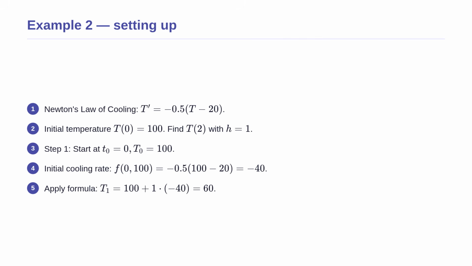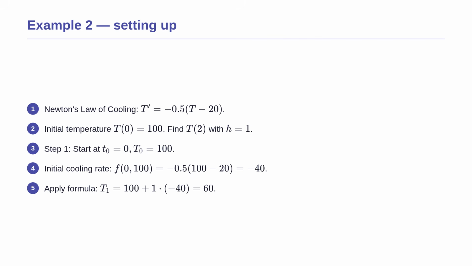Our differential equation is T prime equals negative 0.5 times (T minus 20). The object starts at 100 degrees and we want the temperature after 2 seconds using a step size of 1. For our first step at time 0, we calculate the initial rate of change, which is negative 40 degrees per second. Multiplying this by our 1-second step and adding it to the initial temperature, we find the object cools to 60